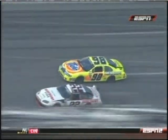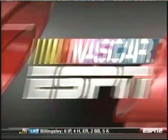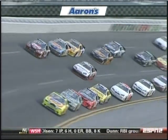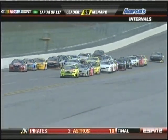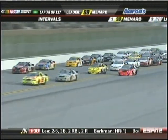And just a moment ago, here's another lead change. Kyle Busch gets shuffled as Menard goes around with the help of Brad Keselowski, and Brad says, thank you very little, I'll take over from here. Back to the action, and you see that's Eric McClure down below the line and getting out of everybody's way as he has got a problem. And down the backstretch, Brad Keselowski's in the middle of that mix,